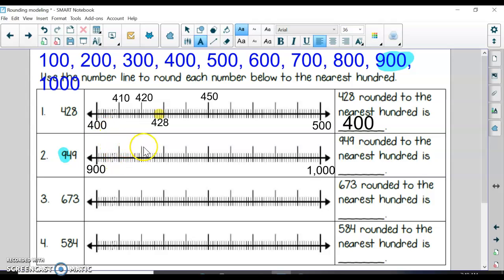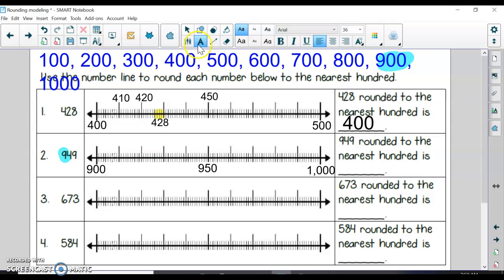I can skip count and label these tens if that's helpful. I'm just going to do that so I can get to the midpoint. So the midpoint's like where this number line splits in half. It's basically telling me what's half of 900 and 1,000. What's the midpoint? So I'm going to start at 900 and I'm going to count these bigger lines. So 900, 910, 920, 930, 940, 950. That's just going to help me know where to place this. Okay. All right. I see 950 right there in the middle, and I'm remembering that I'm plotting 949, which is